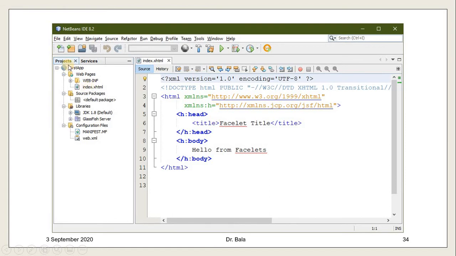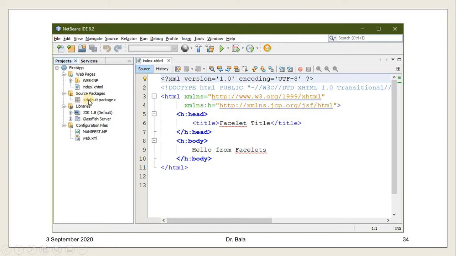This is the project explorer. Here you can see all project details are opened, and our application name we gave is first app. Inside this we will find web pages, source packages, libraries, configuration files. All these are arranged. Our web pages, whatever pages we prepare. By default, we have the index.xhtml page. XHTML page, this is a view area. Web pages area is the view area.